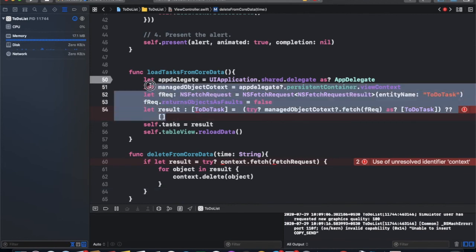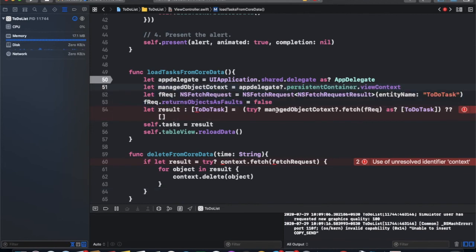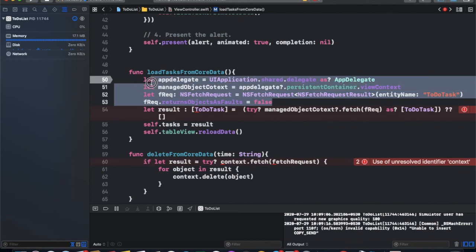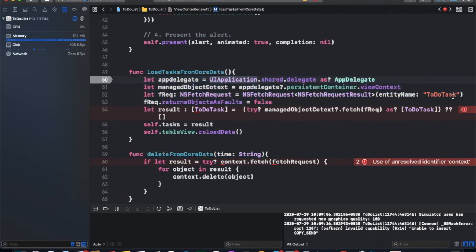For the fetch request, we just need these three lines.